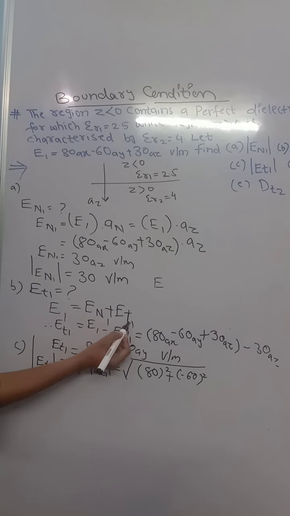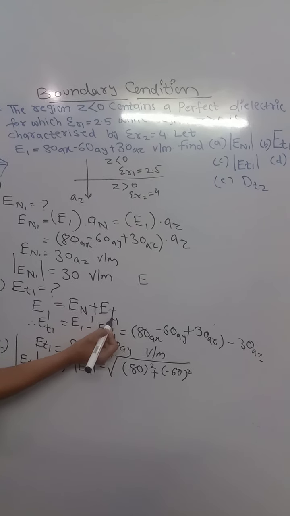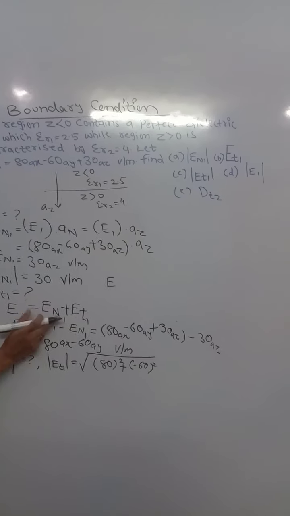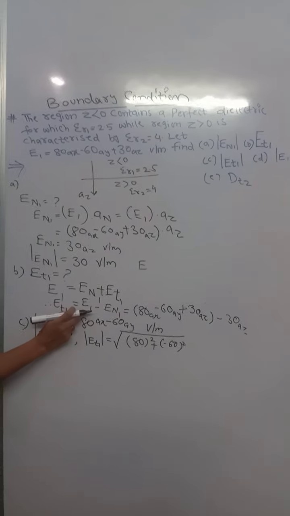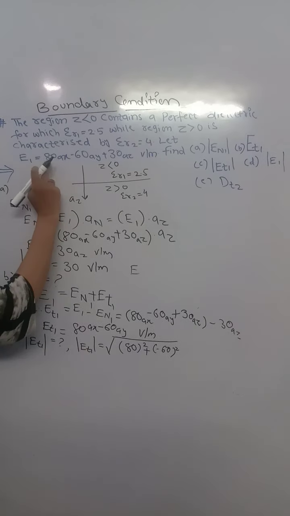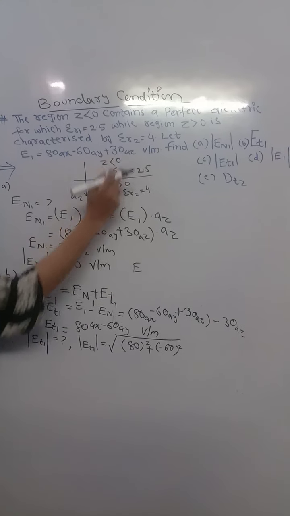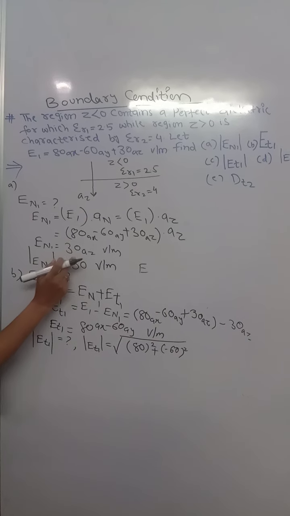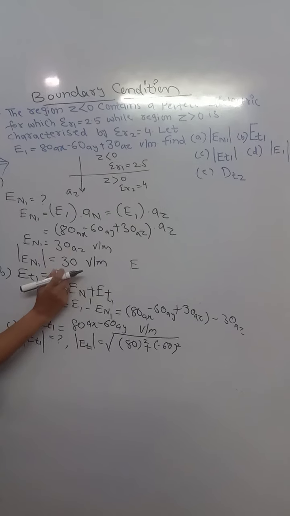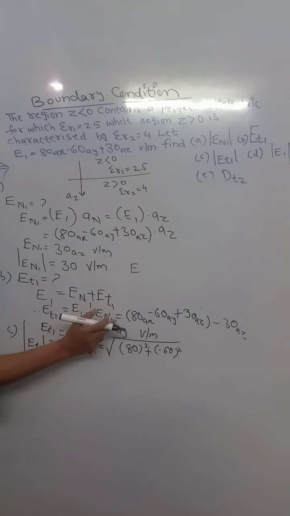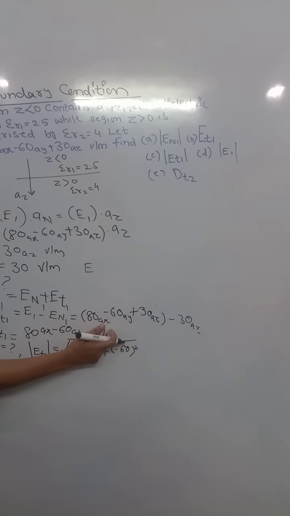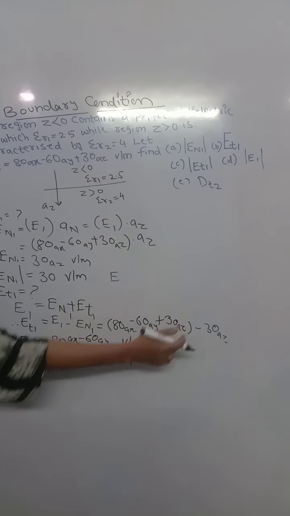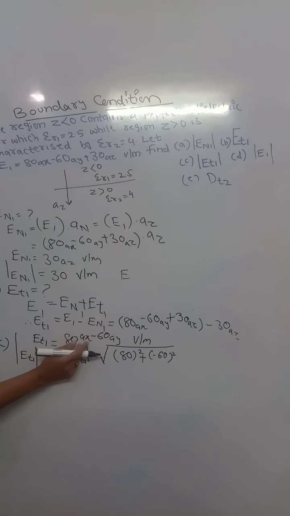So what is our question? You need to calculate ET1. This ET1 will be on one side, so E1 minus En1 will give this. What is my E1? E1 is nothing but 80AX minus 60AY plus 30AZ, which I have written here. Now, En1 that I calculated has a vector form and a magnitude. Just take the vector, because this equation is already mentioned in vector form. Now 30AZ and minus 30AZ cancel out, and you finally get 80AX minus